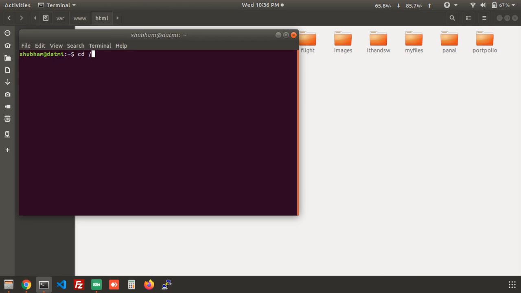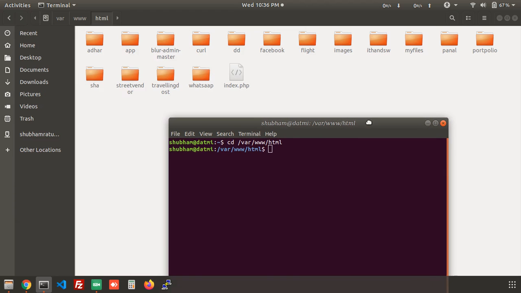cd var www html. Now I am creating a new directory here for WordPress. So mkdir wordpress-new and enter. The directory is created, and now I enter the directory with cd wordpress-new. Now I write the command here for installing WordPress, wp core download,